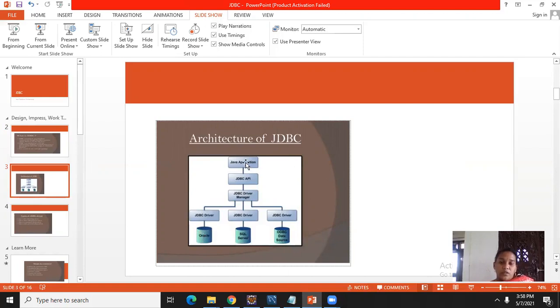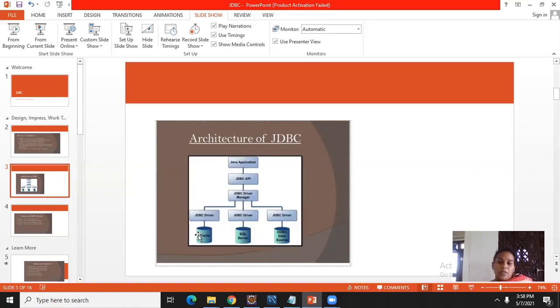So for these different environments, I need to provide some interface mechanism to work together. Okay, that interface, that bridge, is provided by the JDBC API. In the Java environment, the bridge between the database and the Java application is provided by the JDBC API.